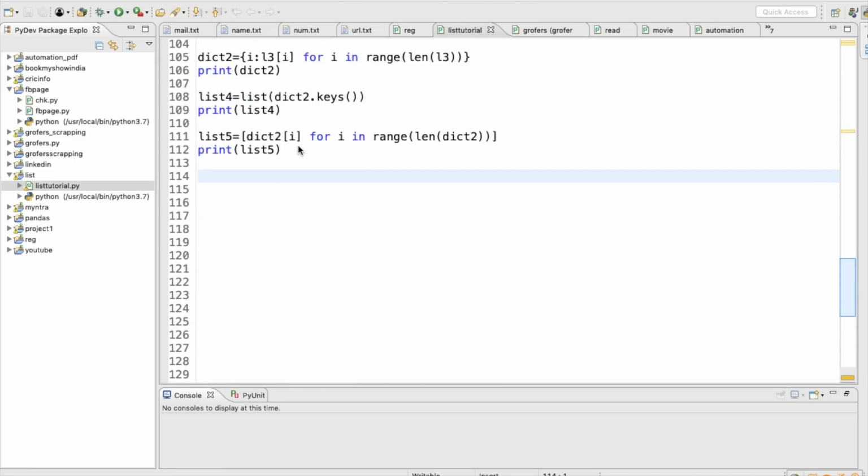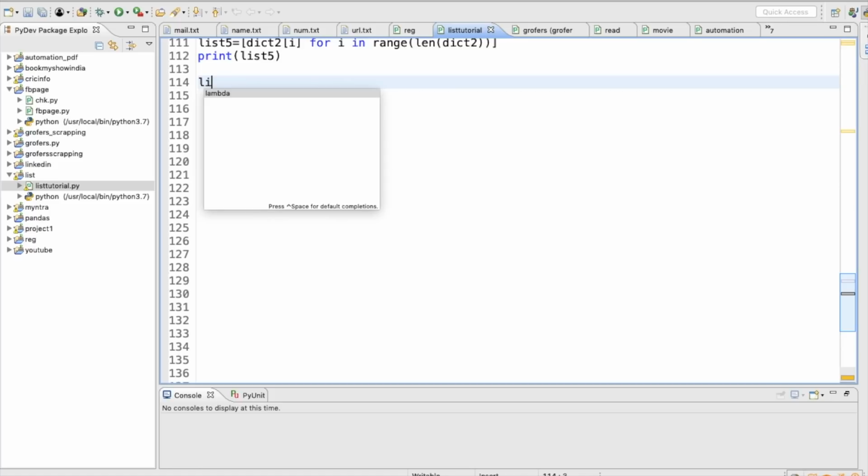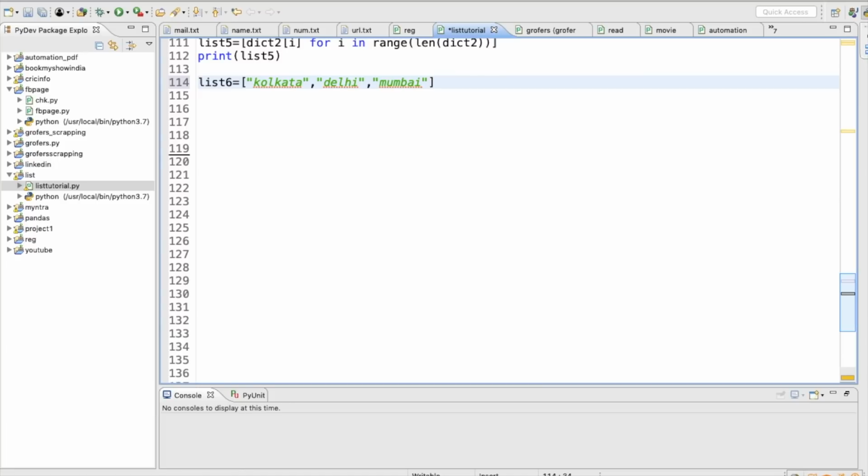I forgot to mention three important things: slicing, removing, and popping from the list. So let me create another list, list 6, and let me put the same thing, Kolkata, Delhi, Mumbai, and